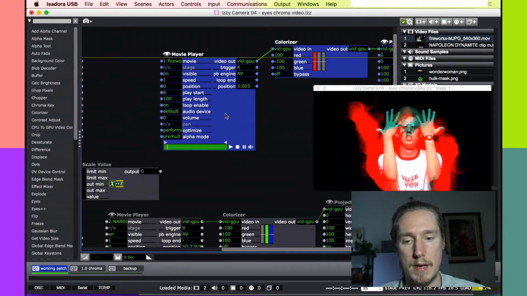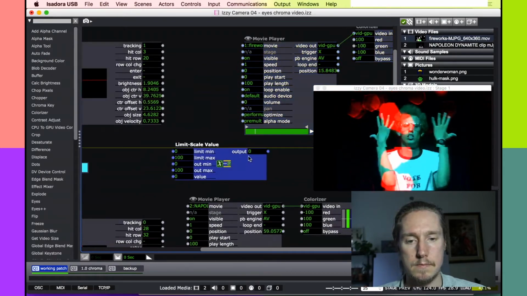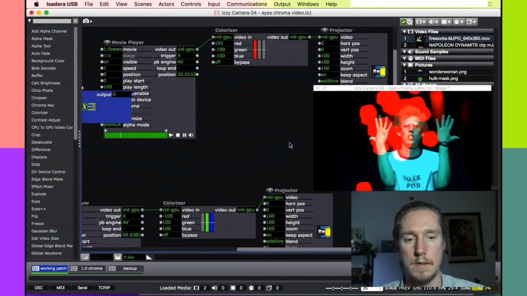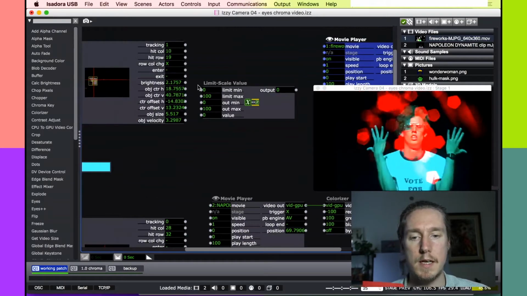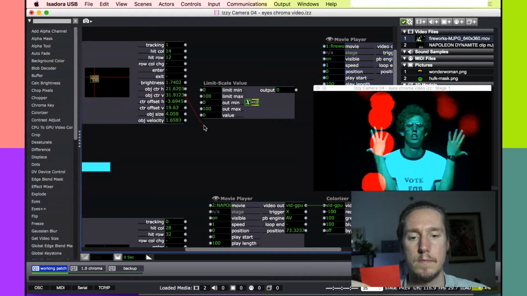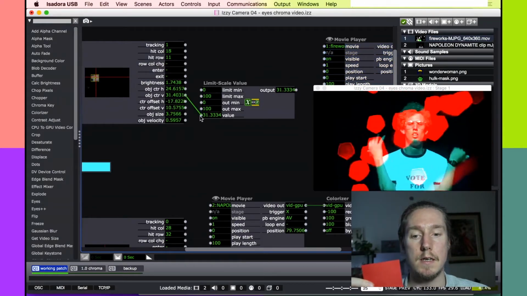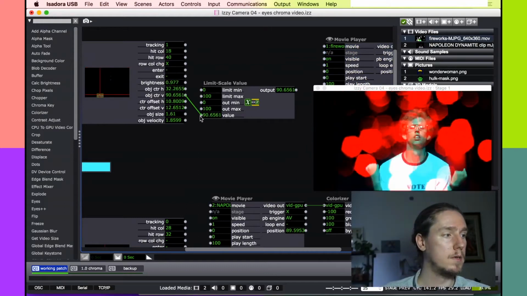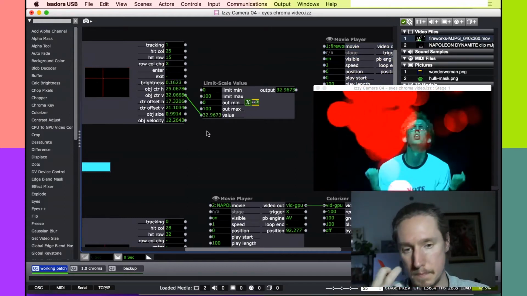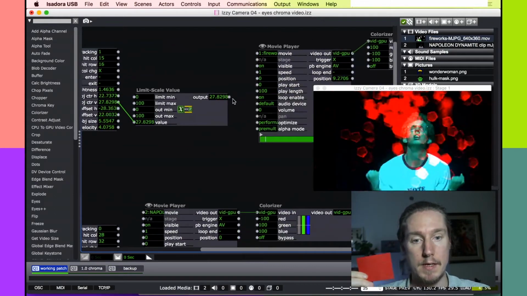I'm going to need some space. I'm going to take the vertical data, and remember it's going from 0 at the top to 100 at the bottom, and I'm going to apply that to